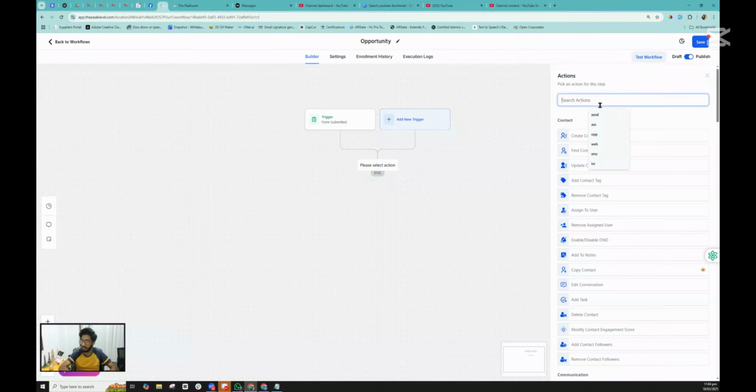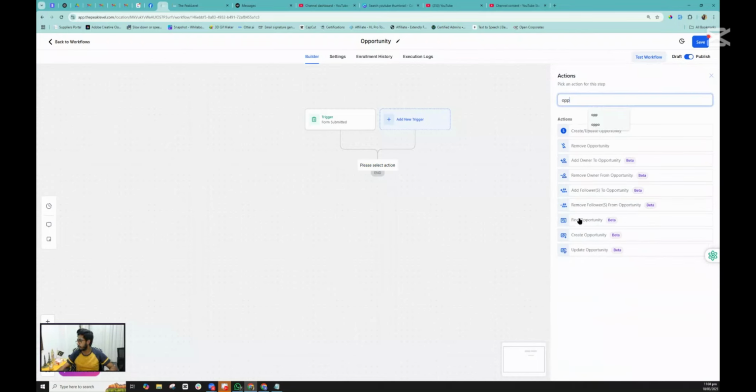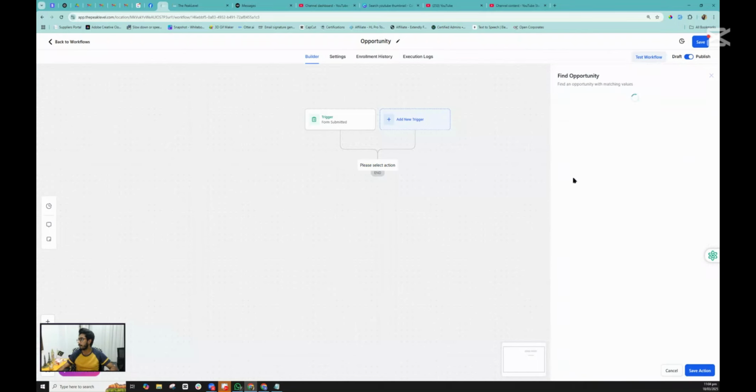Otherwise, if you don't want to use the opportunity related triggers, if you have a different scenario, then what we'll have to do is use find opportunity. Here we have two options: either we can find the most recently created opportunity or the first created opportunity. For example, if we go with the most recently created opportunity, then here we can select to find the opportunity from this pipeline. If you want to add the stage as well, you can do that. But normally the use case would be you will only select the pipeline. So I'm going to find an opportunity from this pipeline, and then I will have the two branches. If opportunity found,